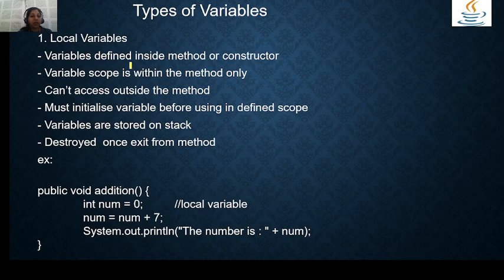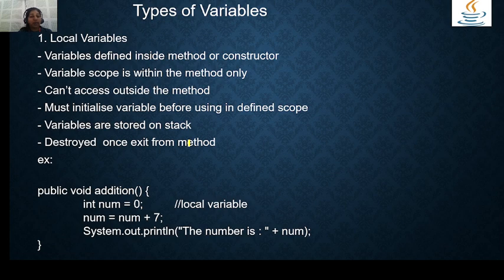And the local variable scope is within the method only in which it is defined. So outside that method, it is not accessible. You should initialize the variable before using it, in defining the scope. Initialization is very important when you are going to define the scope of that variable. Variables are stored on the stack